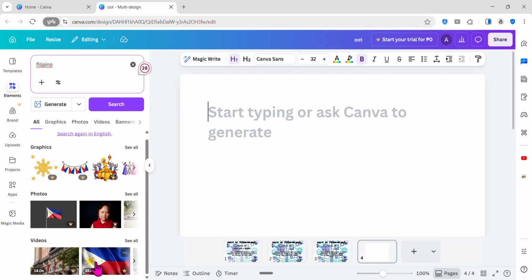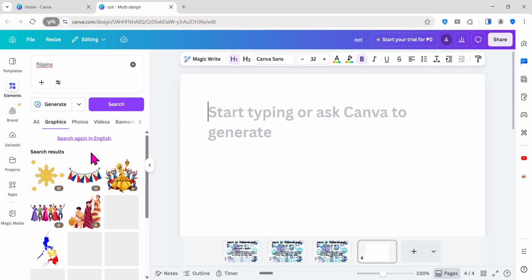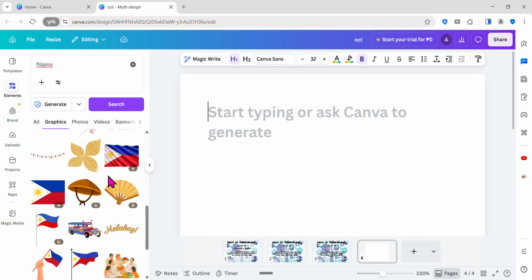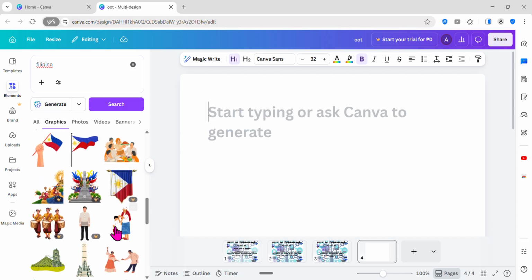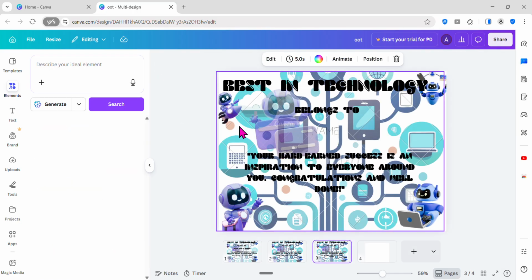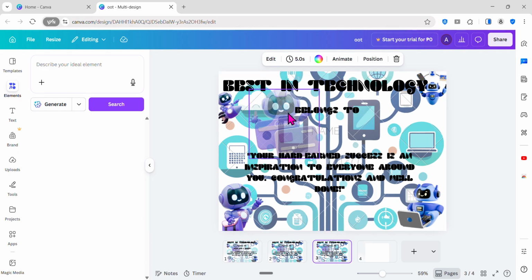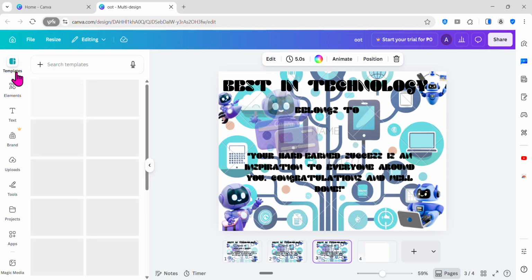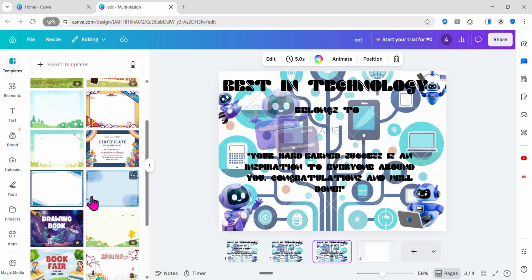So this, go to graphics again, in here, like that, you can create this. I just created this on my own, and after you make it, I made it using this template.